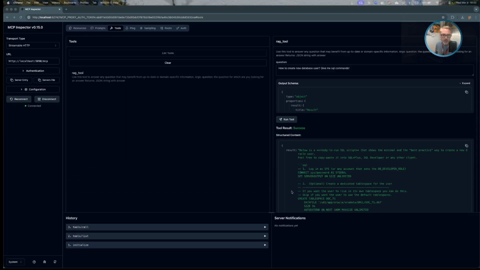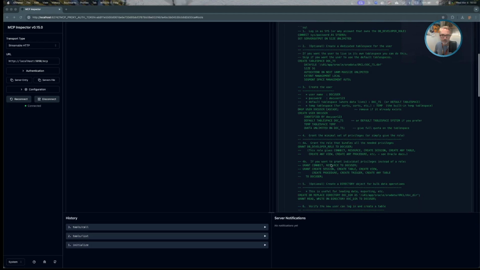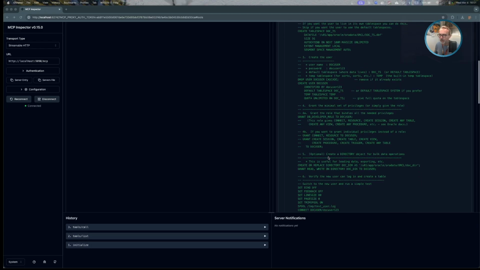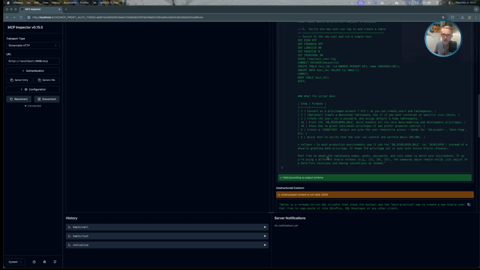Nice one. The MCP Inspector calls the RAG tool, which triggers the full RAG pipeline on the server. The query gets embedded, the vector store retrieves the most relevant document chunk, and the language model generates an answer grounded in that text. You can see the response comes back with the correct answer, citing the relevant content. The pipeline works perfectly through the MCP protocol. Now let's connect to Claude Desktop.